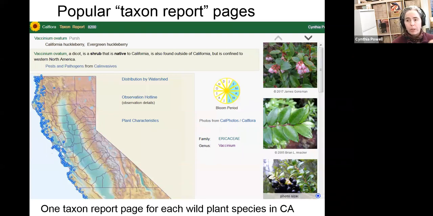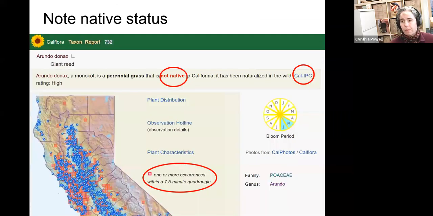Here are our popular taxon report pages. Some people call them plant profiles. Every taxon report page, there's one for every wild plant species in California. I'm going to go over some of the things you'll find on these pages. I think most of you have seen at least one taxon report page before. The native status, and if it is not